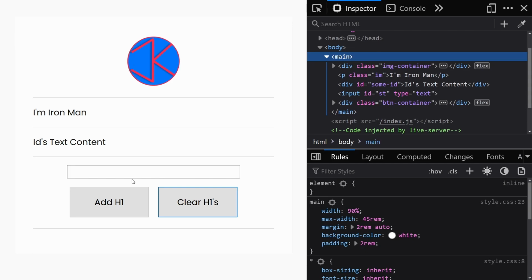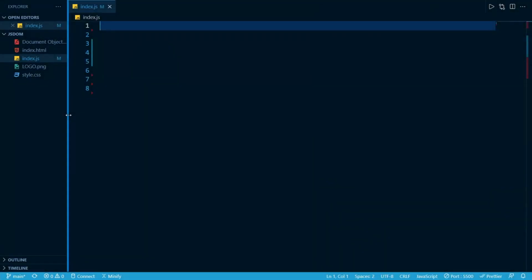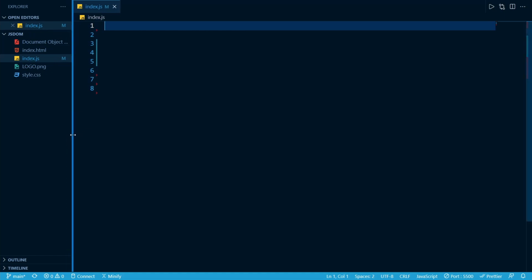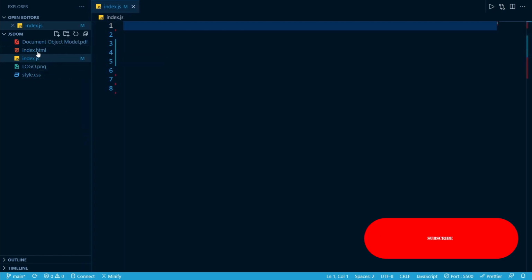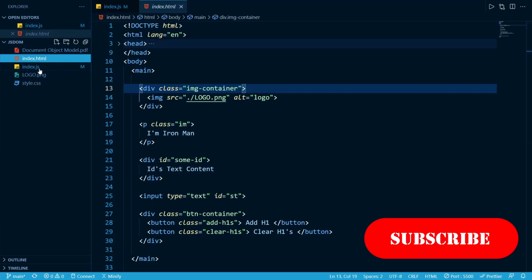Now that we know what HTML DOM is and we know what we can do with it, let's have a look at how we can do the things we are doing here. In the description of this video, you will find a link to my GitHub repository, where you can find this PDF, the index.html file, and all these files, and our JavaScript would be the completed JavaScript. So you can just delete the JavaScript and do the coding part with me.